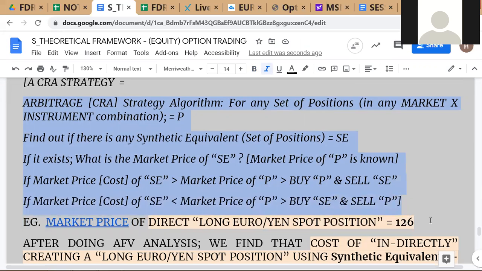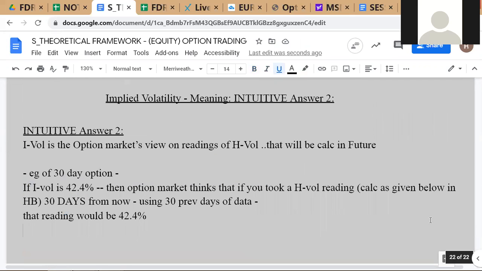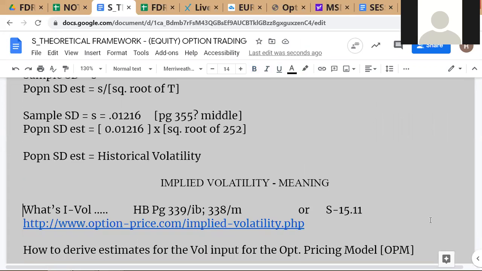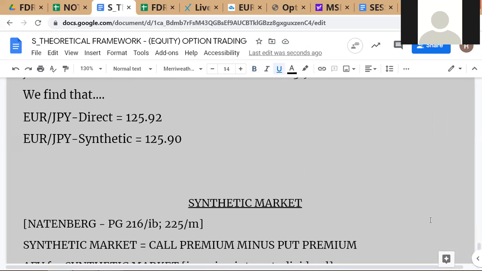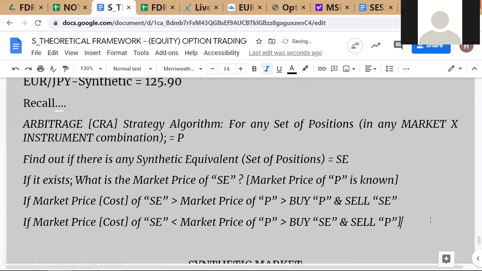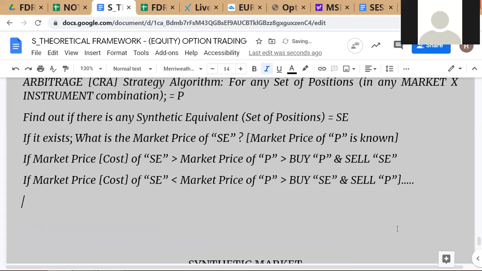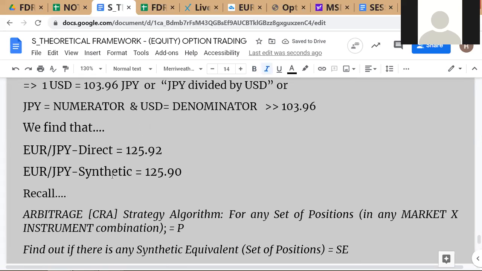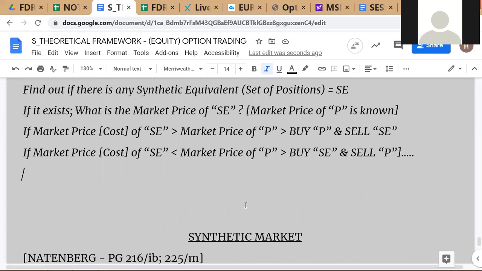I call up in my brain, I recall this stuff that I learned about how to use AFV, how to derive this, recall this theoretical knowledge. Okay, then I apply it. In this case I find synthetic is cheaper, direct is more expensive, so I will sell the direct and buy the synthetic. Okay, so selling the direct, so therefore, so here